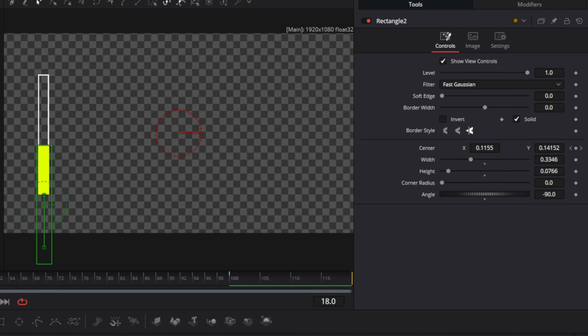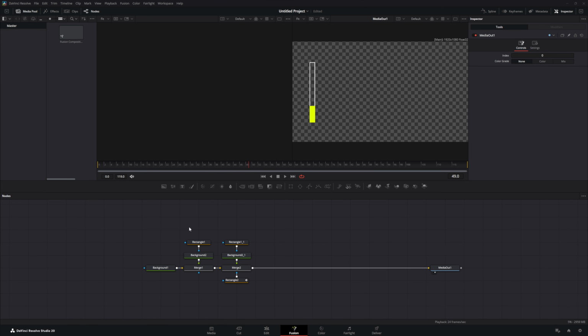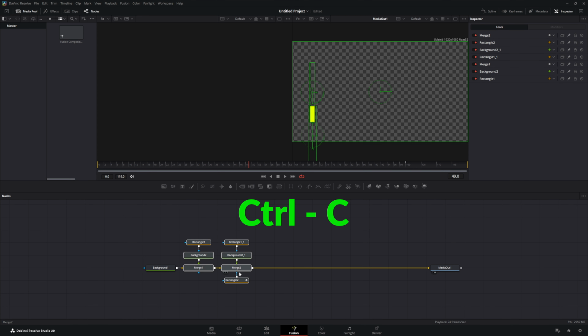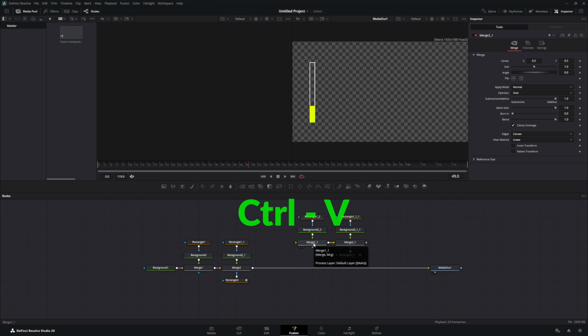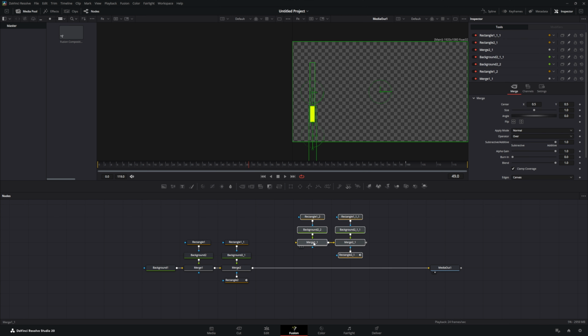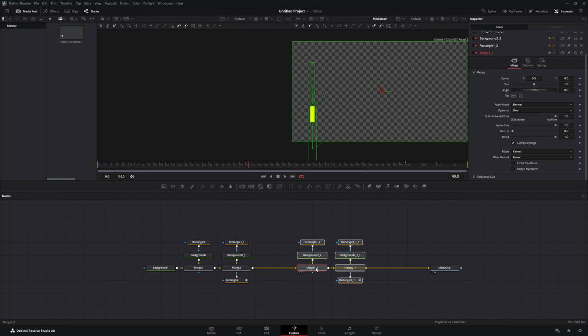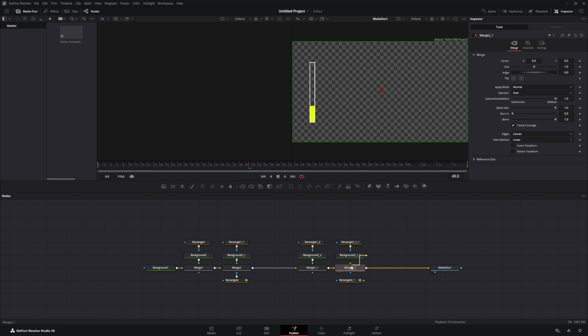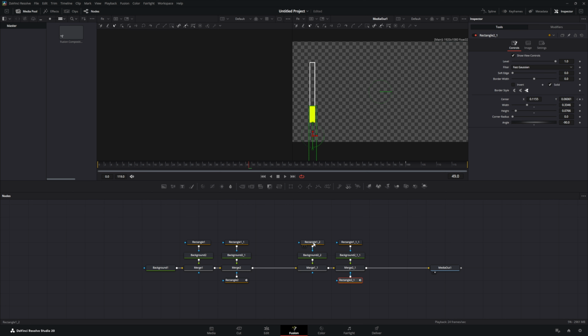in our progress meter. So now to make the double progress bar, we're just going to copy all of these nodes and we're going to paste them, and we're going to hook the merge nodes up, highlight all of them, and hit shift and drag the merge down till it's connected to our node tree. We do the same thing with the second merge. We're going to connect that and we take the output and connect it. So make sure all of these are connected, and once they are all connected, all we need to do is